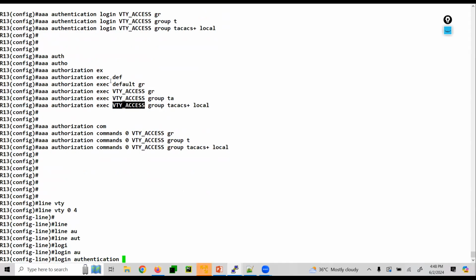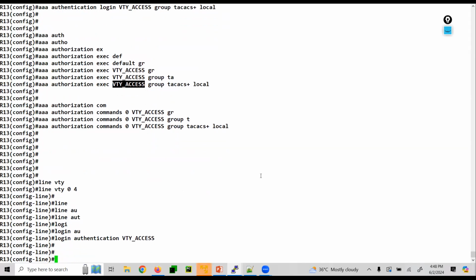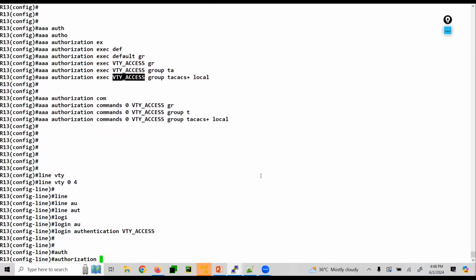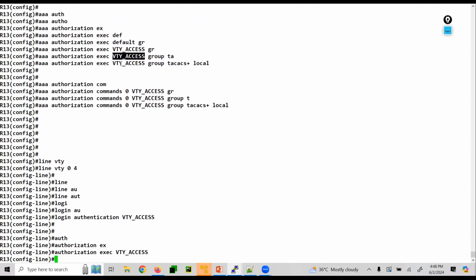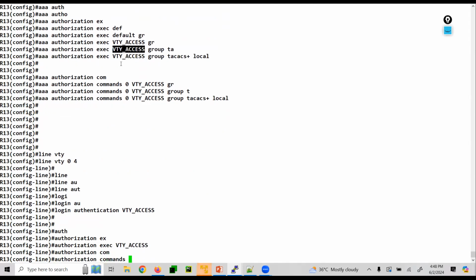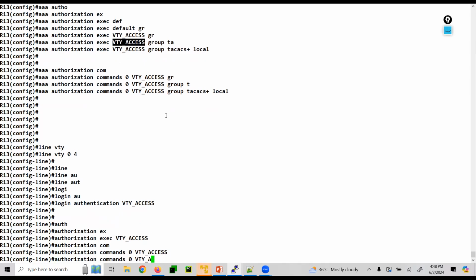For authentication and authorization, we have defined the same name. And then here we'll say authorization exec and then the name. Similarly, for all the commands that you configured, authorization command 0, name, right? For 1,